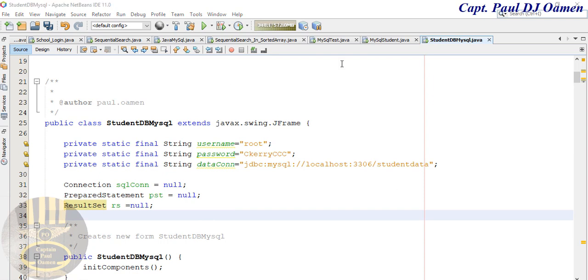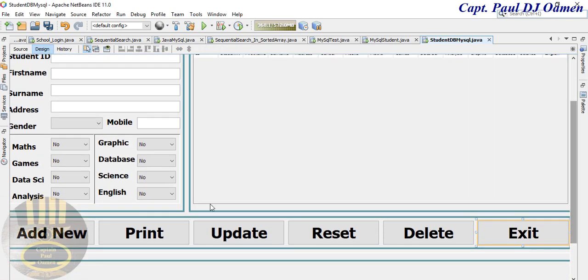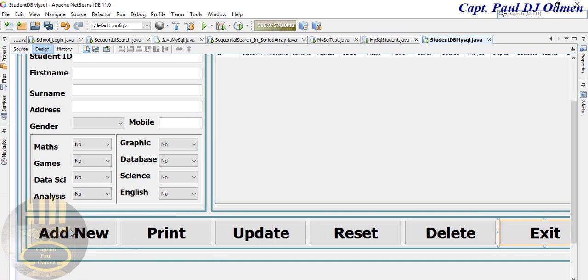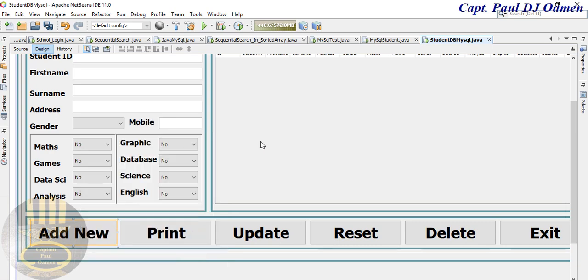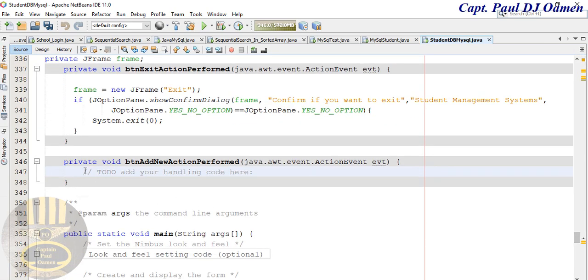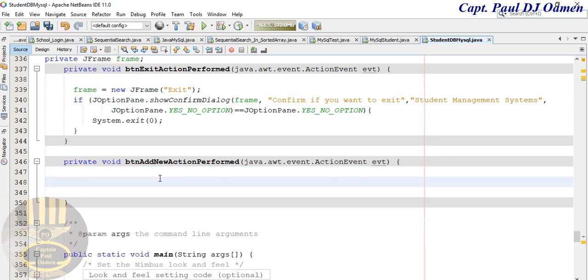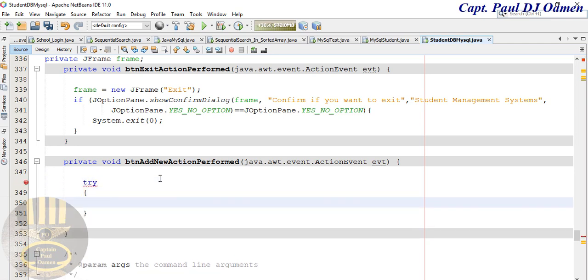The next thing I want to do now is come in here. You see where my add button is right there. Let's right click on it and select event, action, actionPerformed. Right in the procedure area of that very button, let's delete this comment first. I'm going to use try,